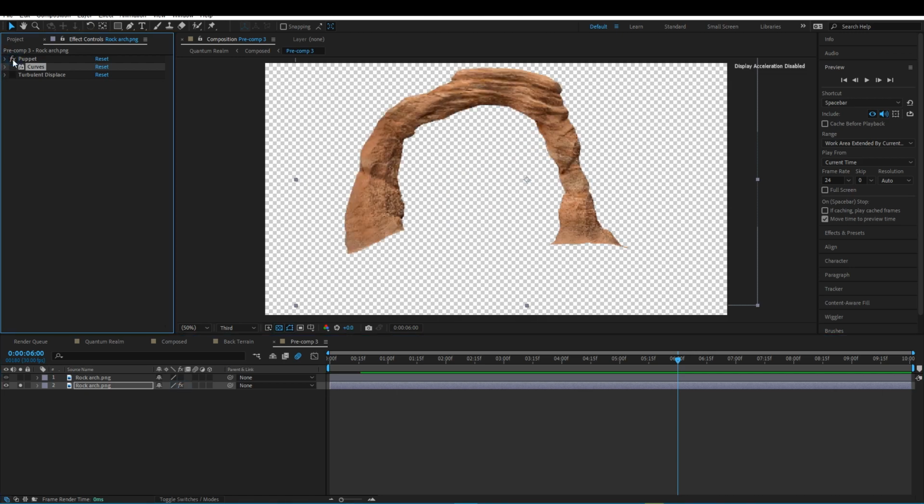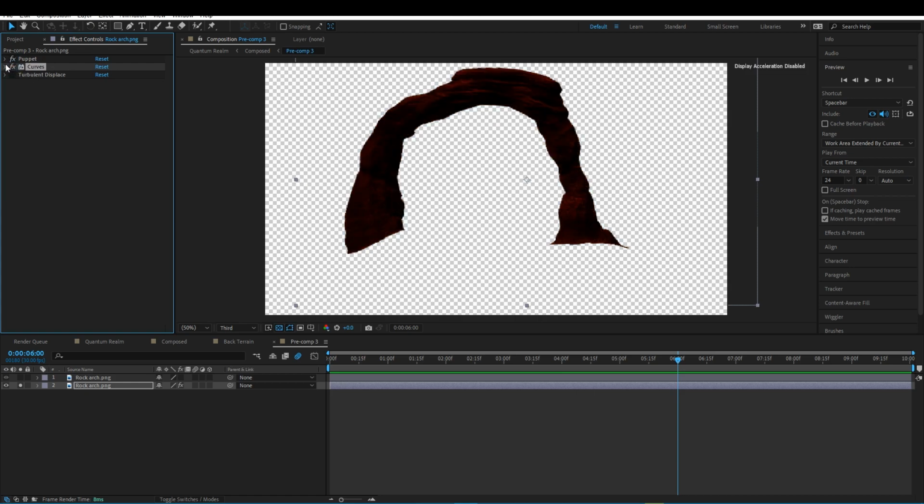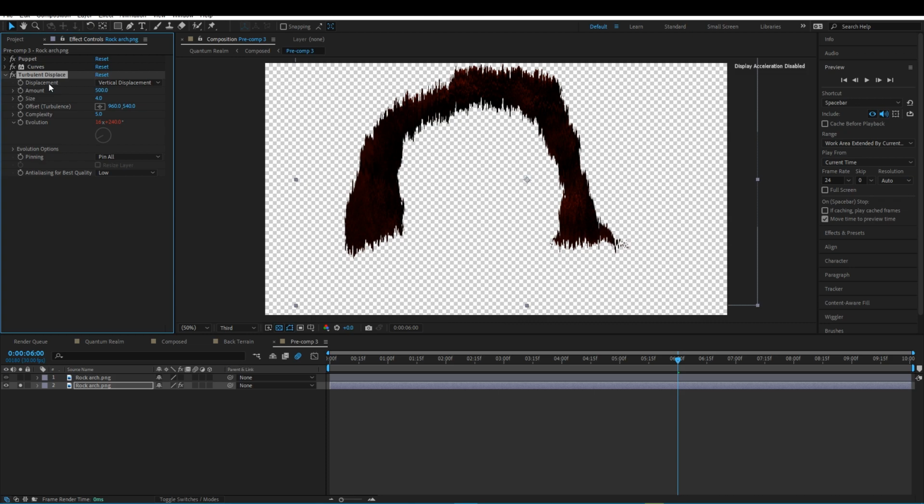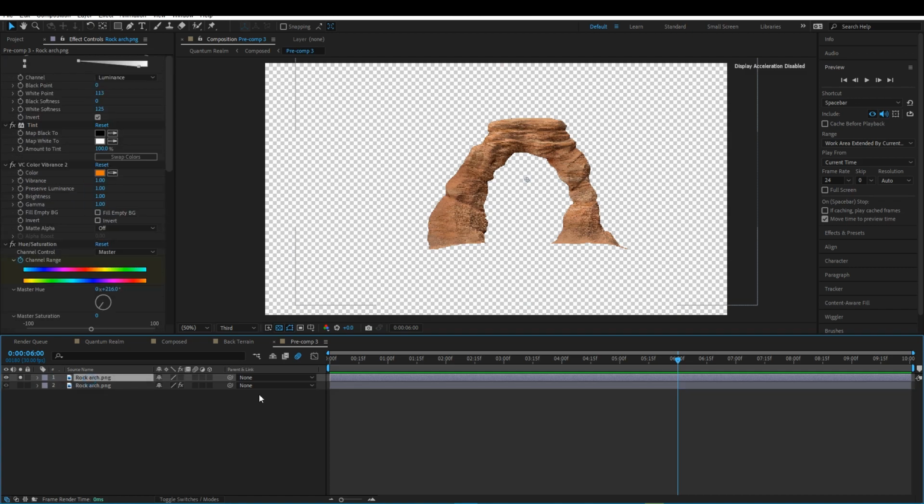So first of all, I use a puppet tool in order to shape it according to my desire. And after that, I used a curves effect to give it a deep look. With that, I used a turbulent displace. Just copied the same thing, vertical displacement of 500 and size 4. And after that, I used the